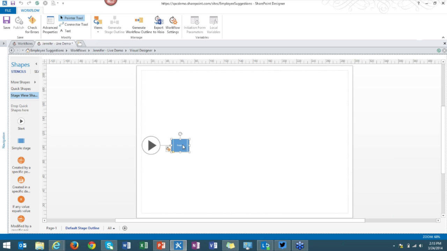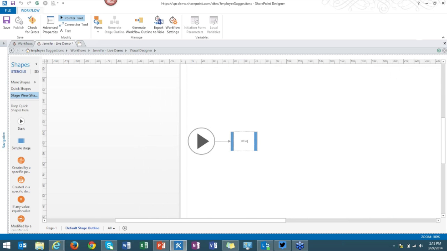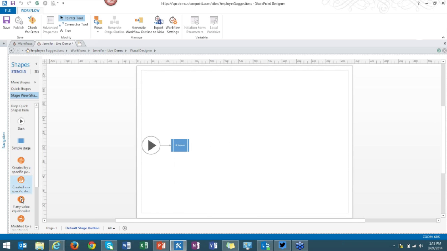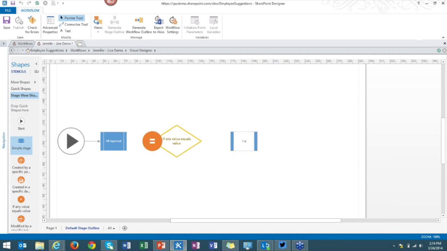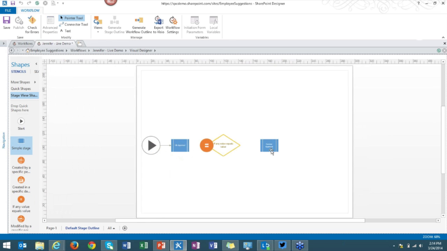So let's say, HR approval. I know I'm going to have a task for HR to approve it. Once that's done, I'm going to have a piece of logic where I'm going to say, if HR approves it, then we're going to come over here to custom approval. And the custom approval, we're just going to point to my task that's there. Once it goes through that piece, we're going to put this other logic piece in here, and then we're going to say, that's awesome, send